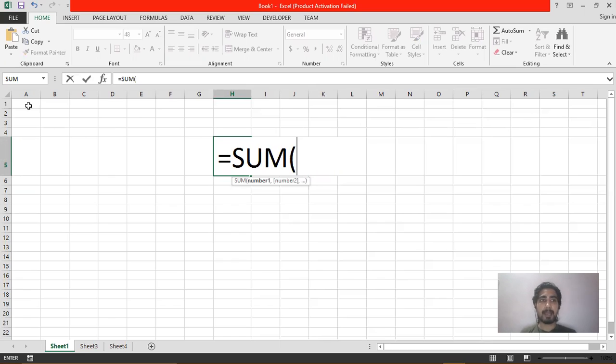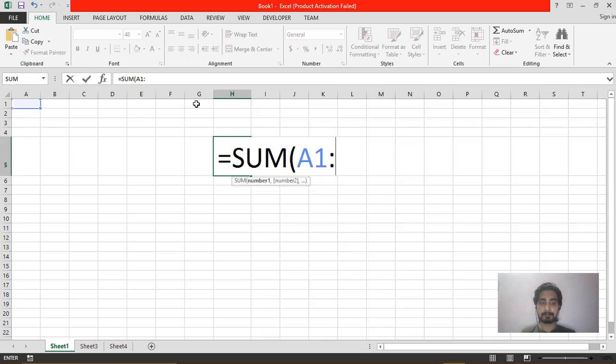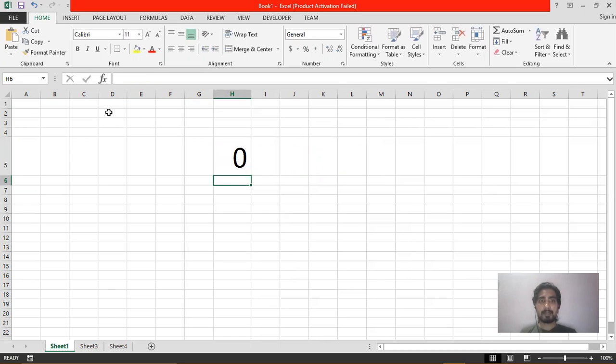Now suppose if I want to add from cell A1 to cell G1, in that case I just need to give the range here, close the bracket. Now whenever you will insert the data in cell A1 to G1, that will be added and displayed in this cell in which we have inserted the formula.